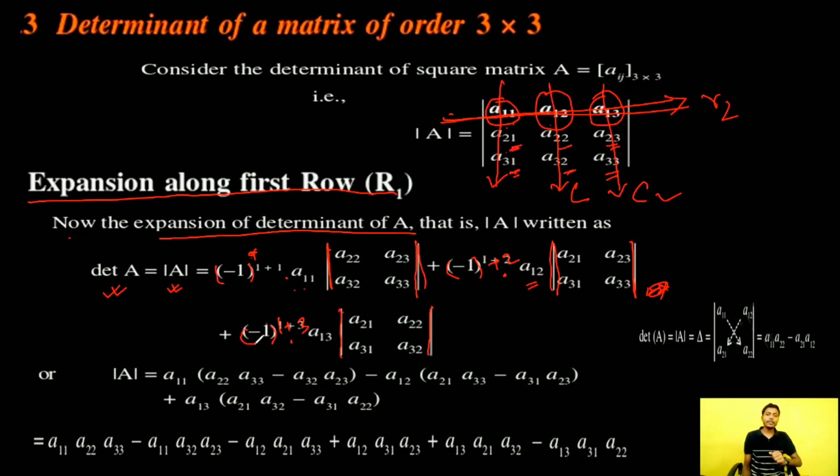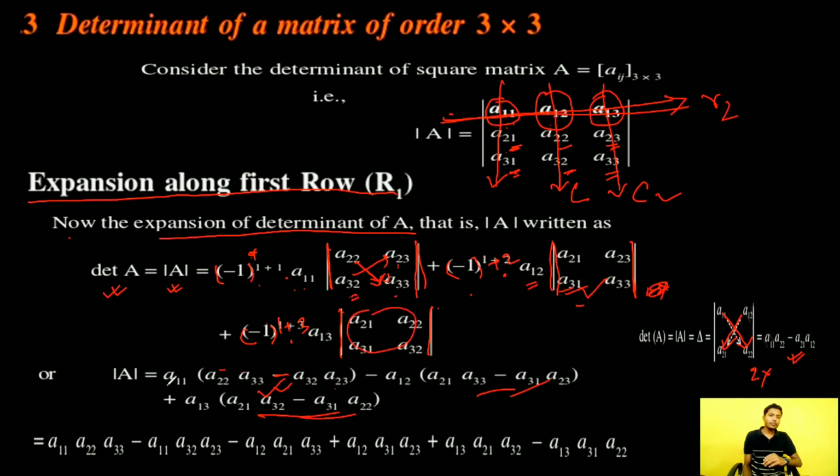Okay. Now we know how to find the value of a determinant of order 2. We will multiply this diagonal element minus the multiplication of this diagonal element. Now if you apply the same concept here, we will have A22 multiplied by A33 minus A32 multiplied by A23. If we apply the same logic in every case, we will have this for this determinant and this for this determinant.